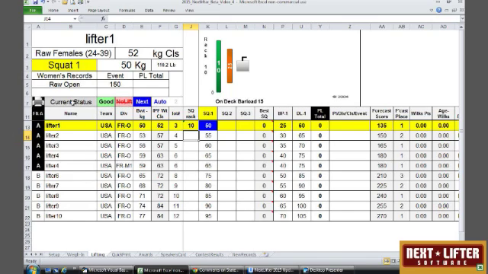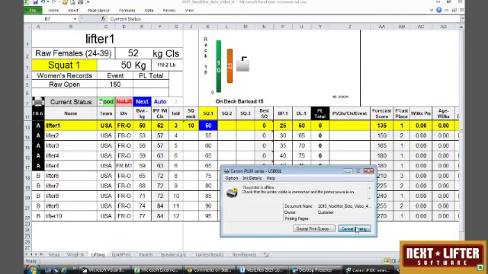There's also a printer icon here now, and right next to it is a gray box with a pull-down list. And there are several things in that pull-down list. We can print opening attempts, and I'm just going to show you what each one of these things looks like. So if I click opening attempts, it doesn't do anything to this sheet, but when I hit the print button, and I'm going to just cancel printing because I don't have a printer hooked up right now,